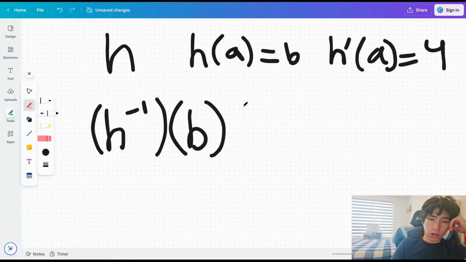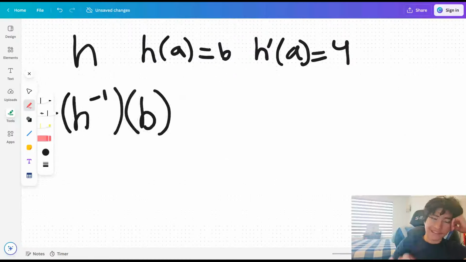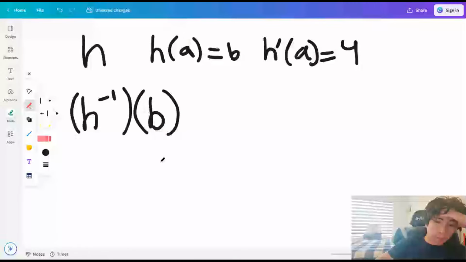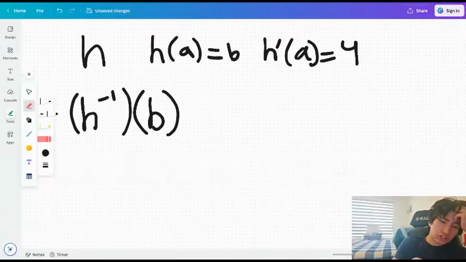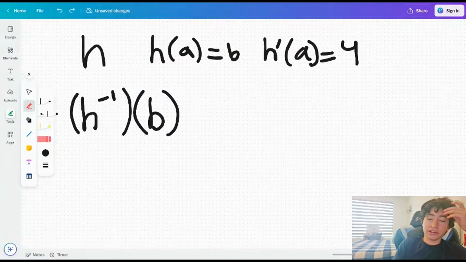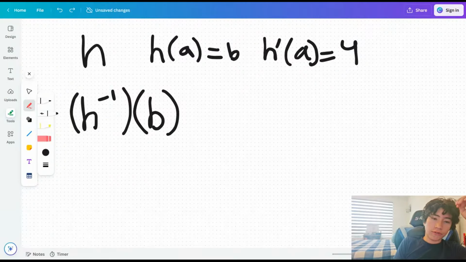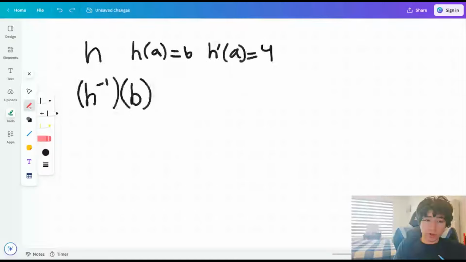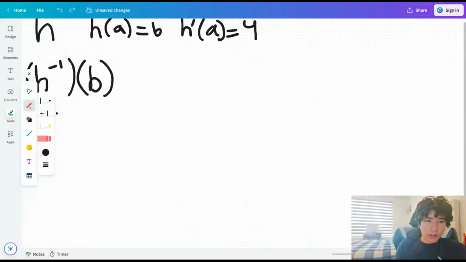Okay. Well, hmm. So they're giving us the function h of a equals b, and then it's telling us h prime of a is 4. So yeah, okay. And then they want us to find the inverse function at b. Okay, all right. So applying the formula, they said something like